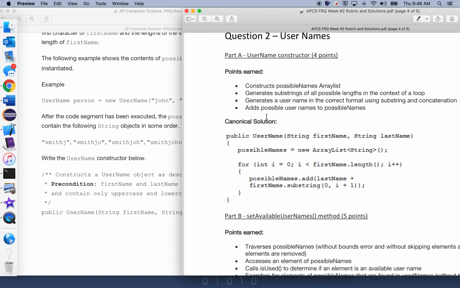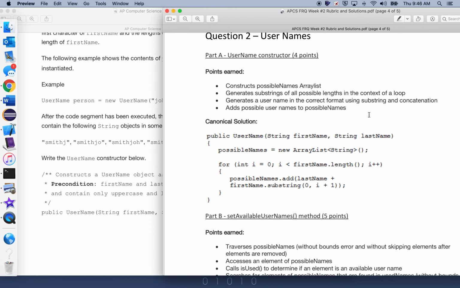Okay, so that was probably all the points, but let's just break down the points to make sure we have them all in place. So generate substrings of all possible lengths. So that's this piece where you're going from 0 to length and then using the substring method. Generate a username in the correct format. So that's using substring as we're doing here, and then this string concatenation piece where you're adding last name to a substring of first name. And then the fourth point is add possible usernames to possible names. So that's using the .add method. Okay, so there are the 4 points for